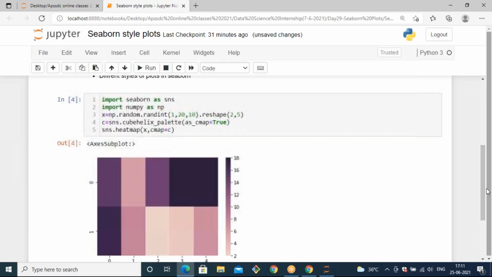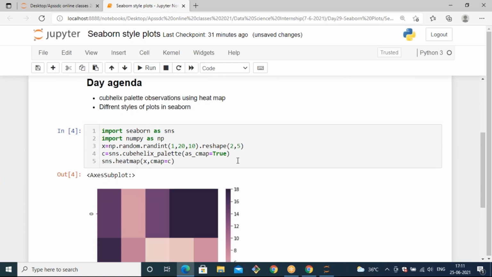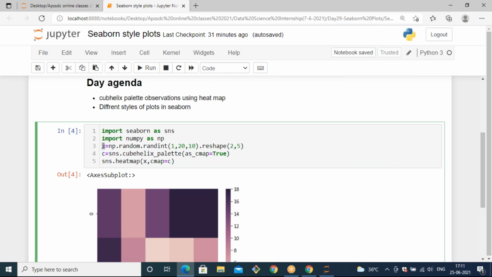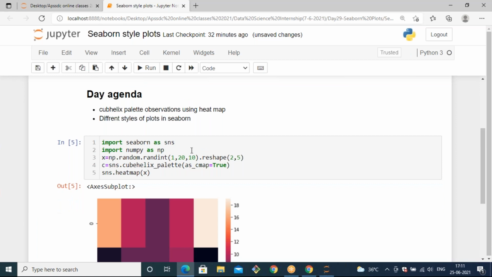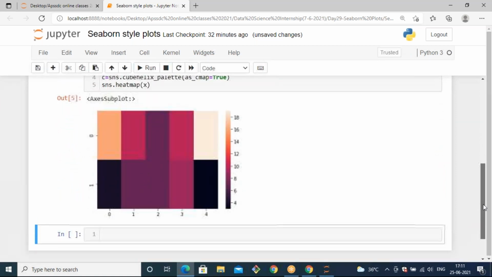Okay, what we are doing is generating colors with the use of cube helix palette. After generating those colors, we store them in one variable. After that, we apply these colors to our data. If I don't mention cmap equals C, it will automatically generate the default colors.